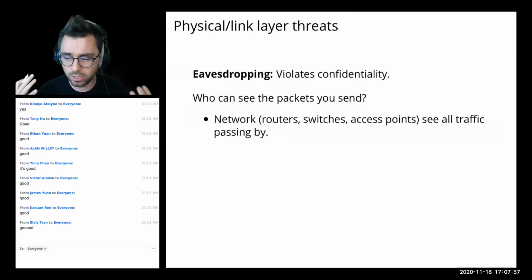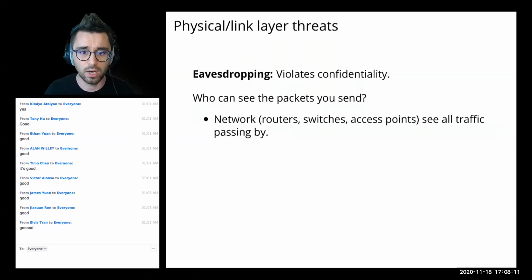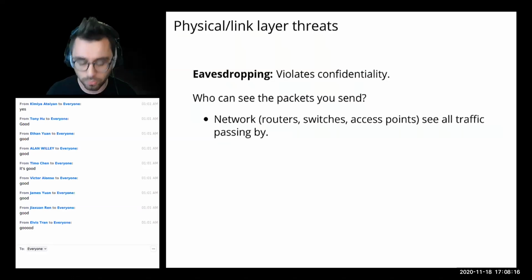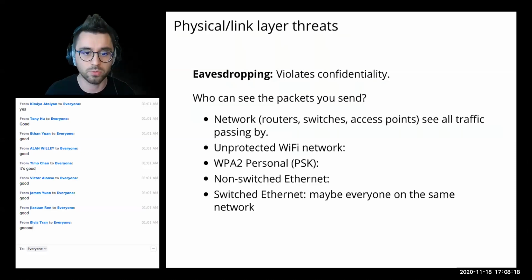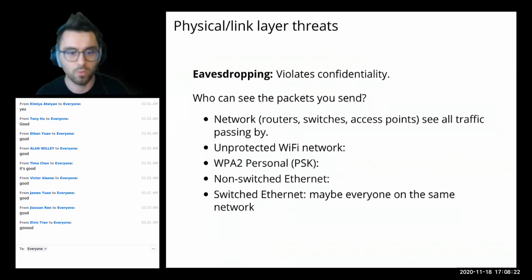There are different ways you can do this depending on where you are as the attacker, right? If you've compromised, say, network infrastructure like routers or switches or access points, you can actually see all the traffic that's going through these particular devices. But we can have other kinds of attackers as well, right? We might be on an unprotected Wi-Fi network. We might be on a Wi-Fi network that is encrypted with, say, WPA2 with a shared key.